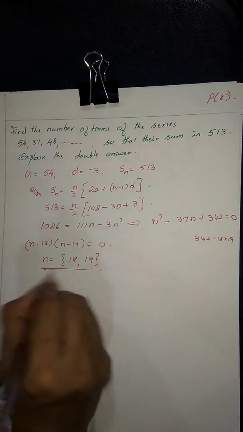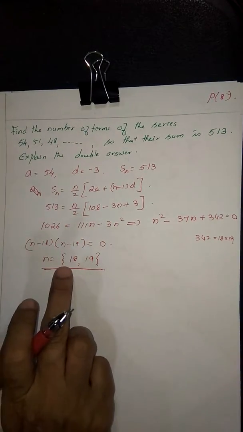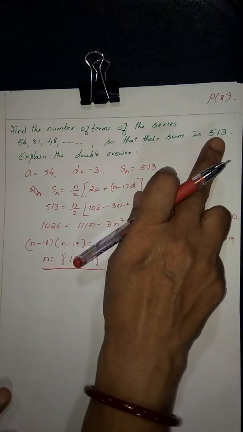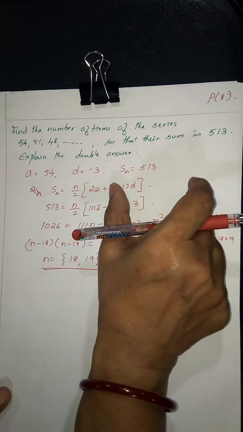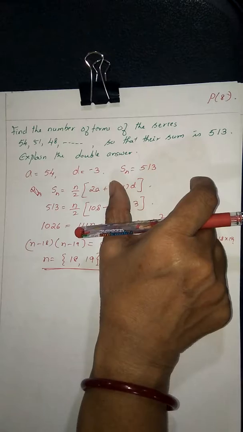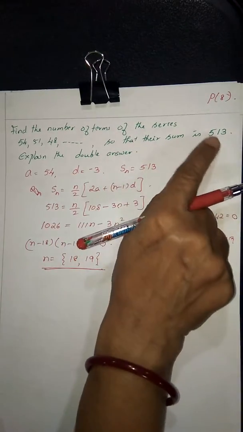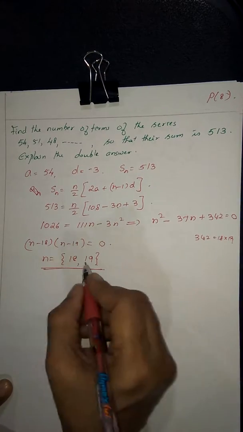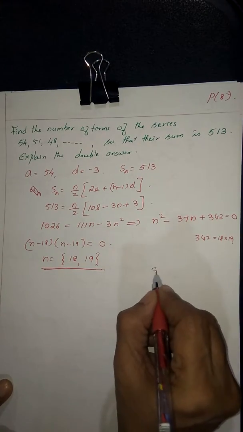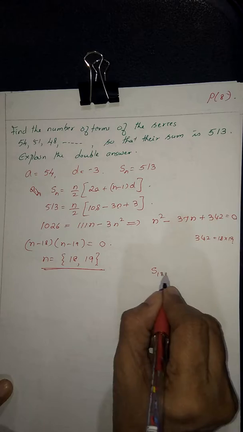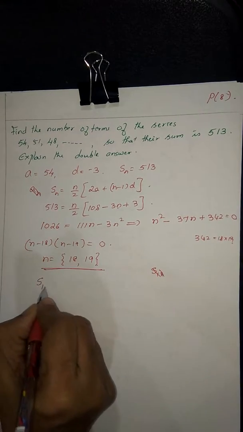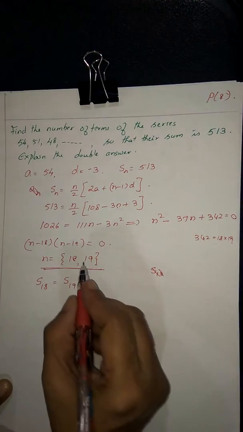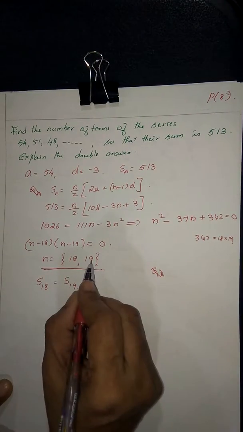Now if you see, the value of n is 18 and 19. But your sum is 513. You can have only a fixed exact number of terms so that your sum is 513. So here we should understand that S18 is equal to S19, because the nth term, that is the 19th term,